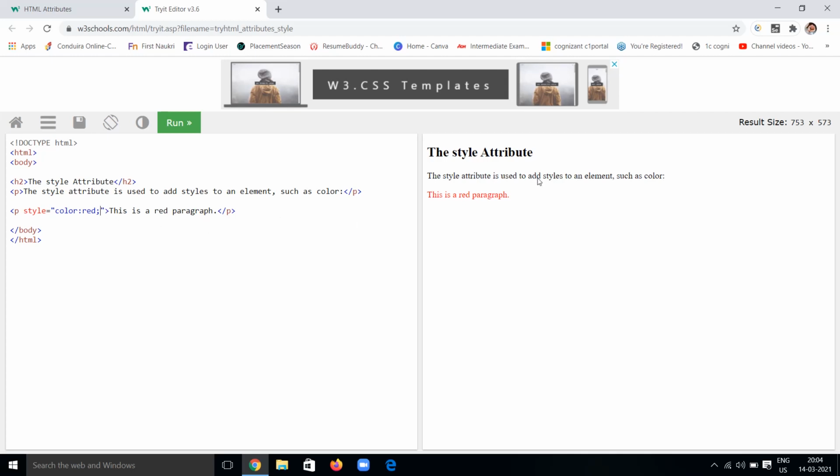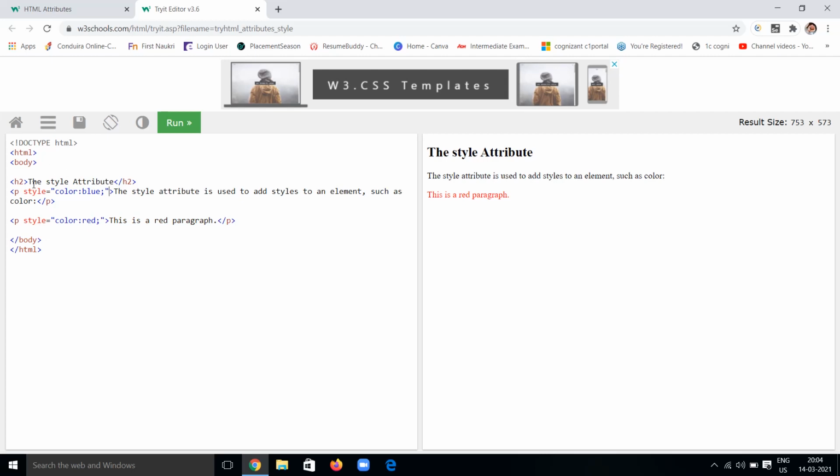So the output of this is a red paragraph. We can style this other paragraph also, like style is equal to color. What color do I have to give here? I will give blue, and I'm closing that.